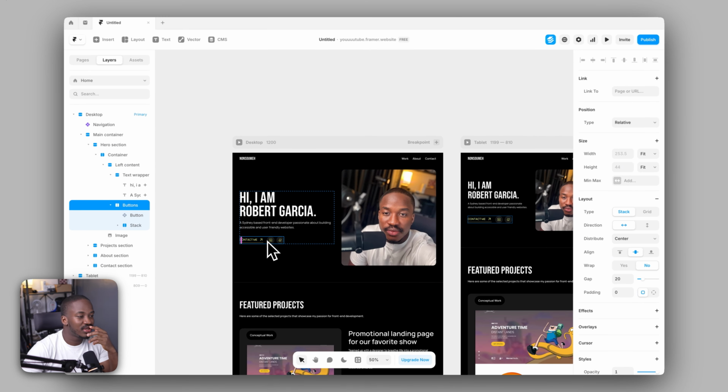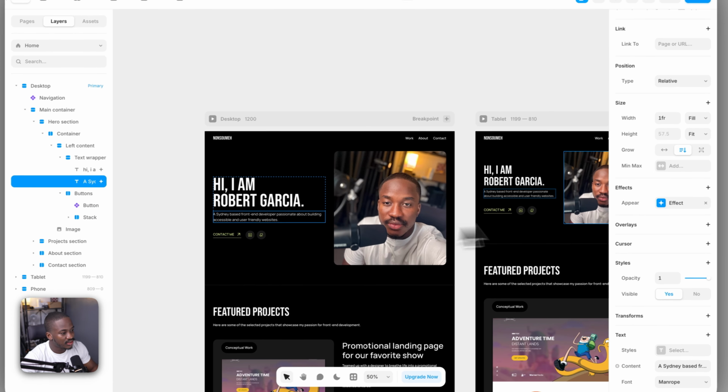One thing I want you to know is that the more effects you add, the slower the site can get. So you have to apply effects minimally. Don't overdo it, don't overcomplicate things. I like to apply effects to just elements in the hero section because that's the first impression, right? That's the first thing users see when they come to your site. So I like to apply it there and maybe sparsely across the sections in the page, not too much. So my advice to you would be to keep it minimal, apply it where it's necessary, and you'll be fine. So I'll select this, copy the effects here,